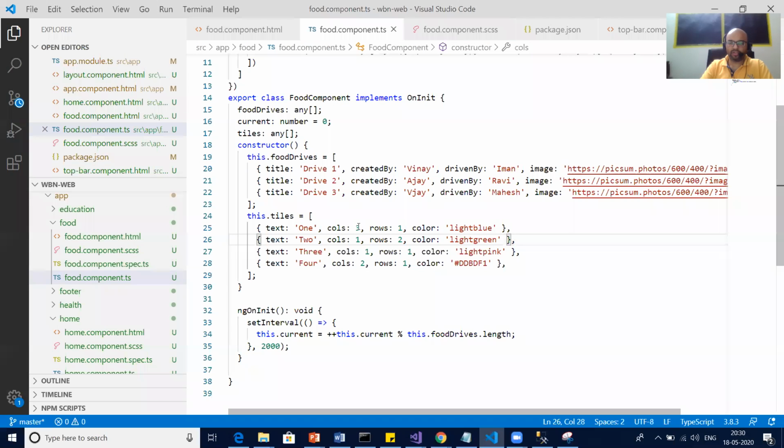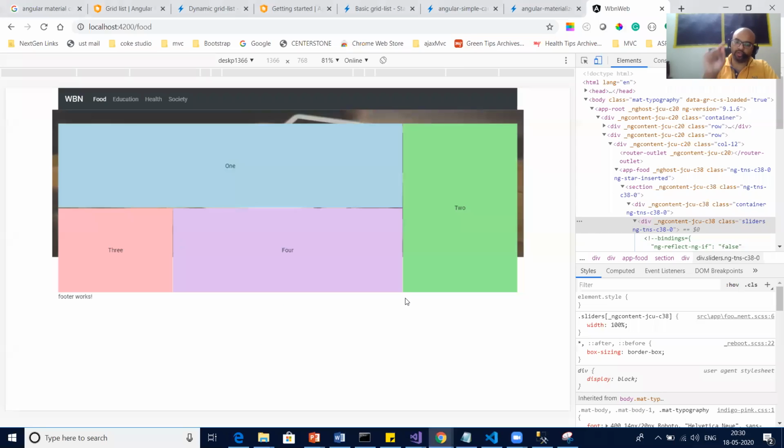So the first should be 1 column, 1 row only, but the second one should be 2 columns. So you need to design it carefully. Do remember what you're doing.